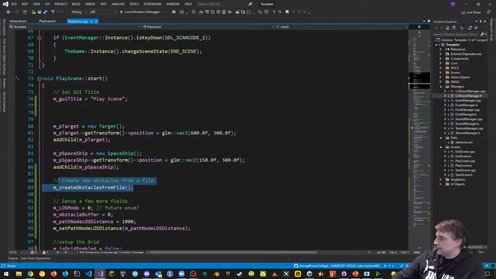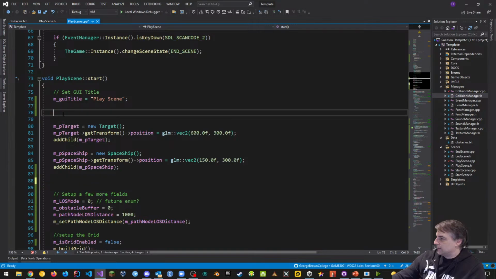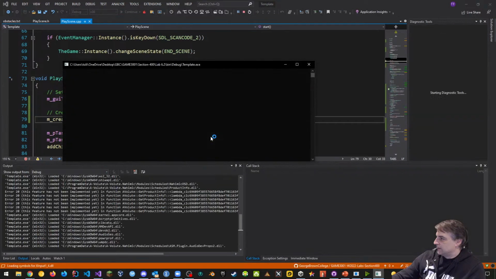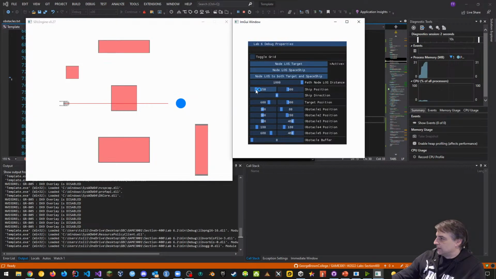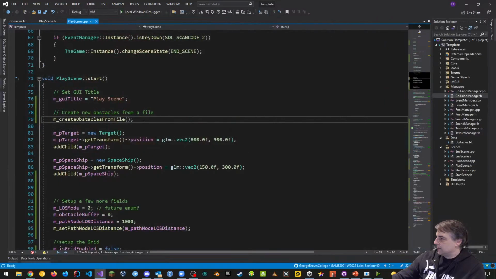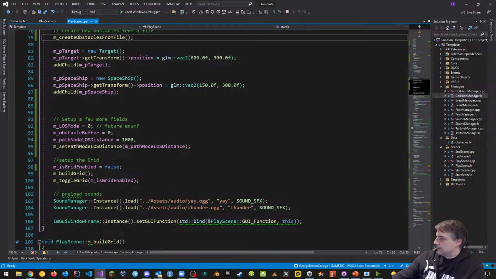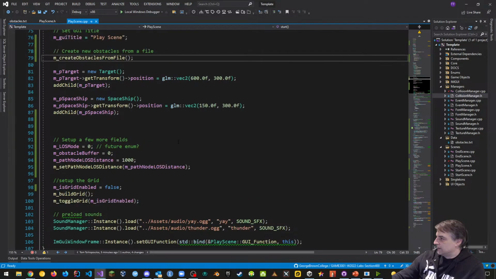So, but what if I moved it back, just to give you a sense of how this is layered, right? If I move it back in the start function, then if I did the same thing, now the spaceship is above the obstacle, all right? And the reason for this is because the obstacle goes in layer 0. This is layer 1, like to give you an idea. This is layer 2. And then when I build the grid, this is layer 3. So layer 3, when the grid is built, it's built on top of everything else. This is a higher level than everything else being built, okay?